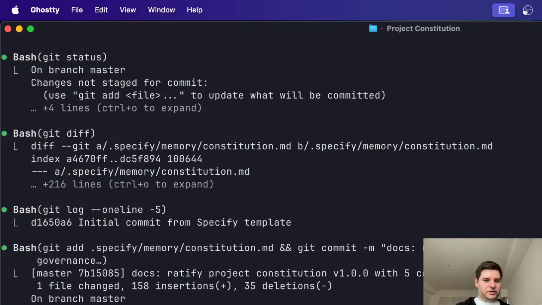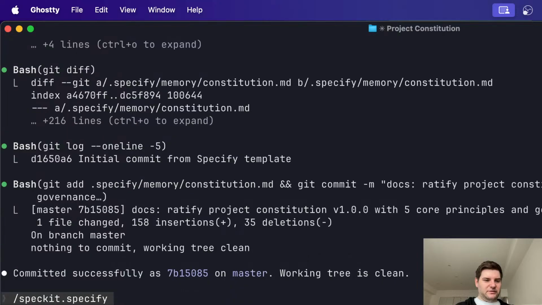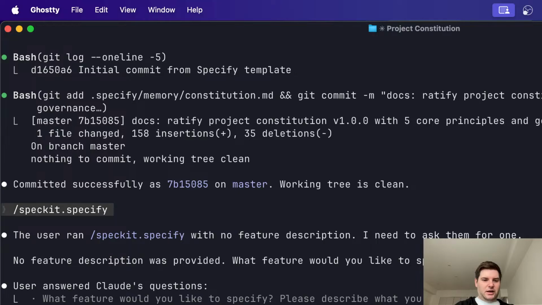No feature. Need to ask them, what would you like to specify? Okay, so it's not a text editor. No, that's not what we're talking about. Okay, so I want to build a